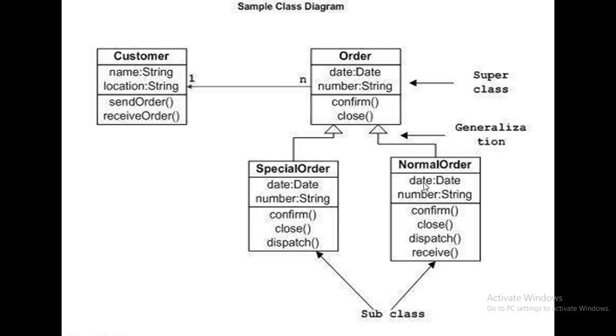So what is the main purpose of a class diagram? A class diagram is generally the graphical representation of the different classes present in your project. By seeing this class diagram, the software developer develops a clear idea, a clear picture, of how many classes are present in the project, what the different data members are, and what the different member functions are.